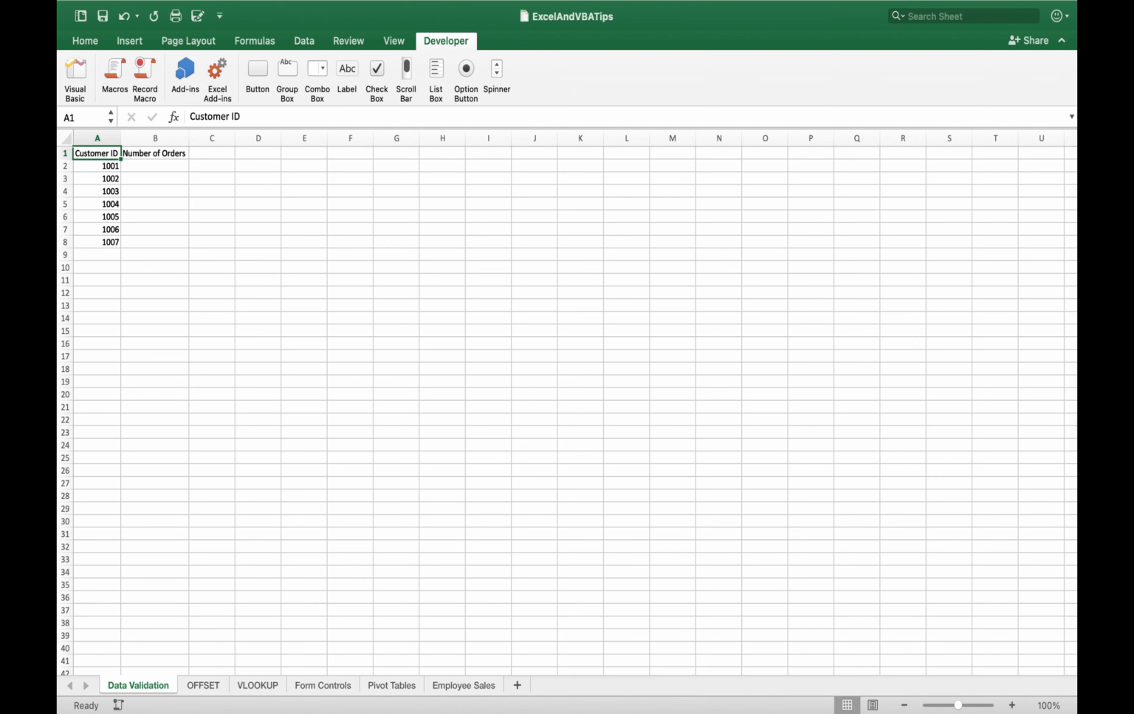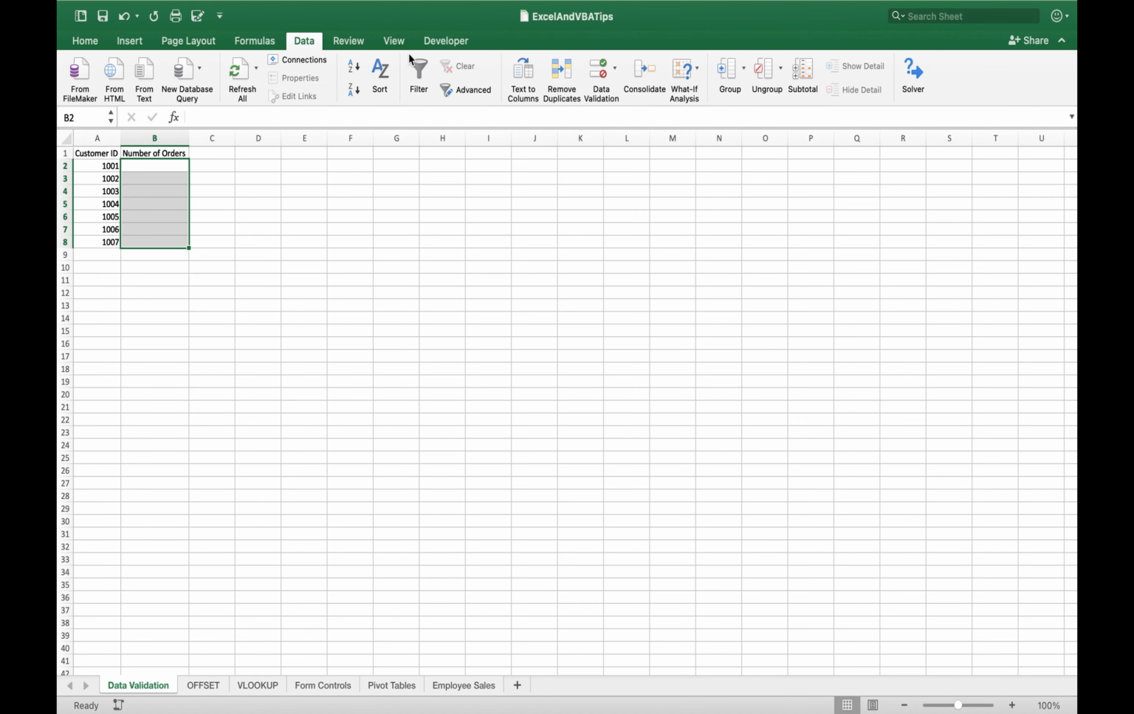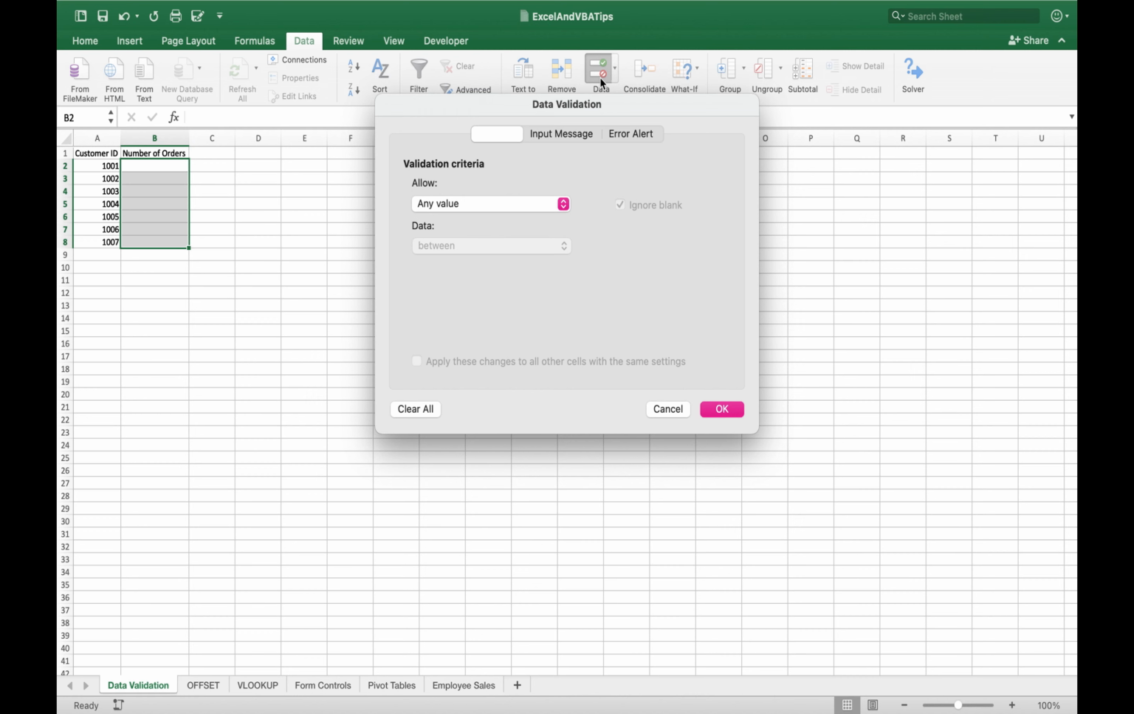To use this tool, first we need to select all the cells that we want to validate. For this example, we select cells B2 to B8. Then we navigate to the Data ribbon and select Data Validation. So once we are here, under the settings, we can select the level of restriction required and add an error